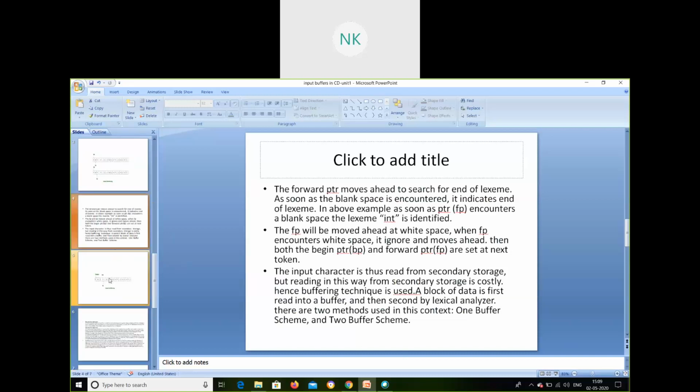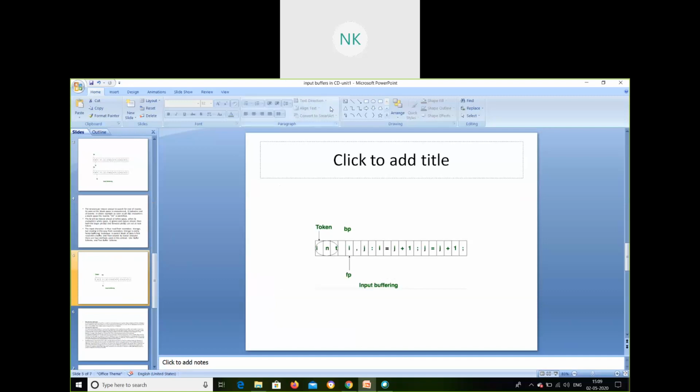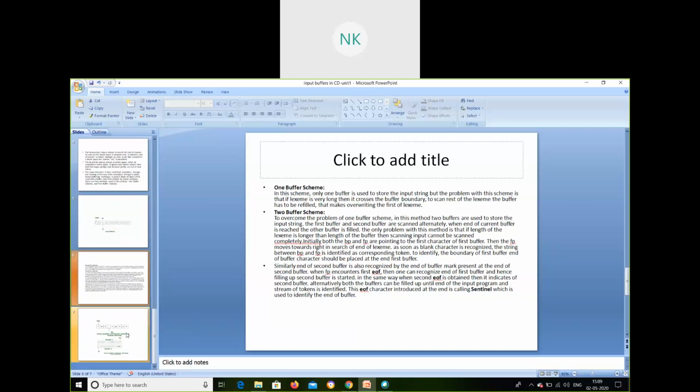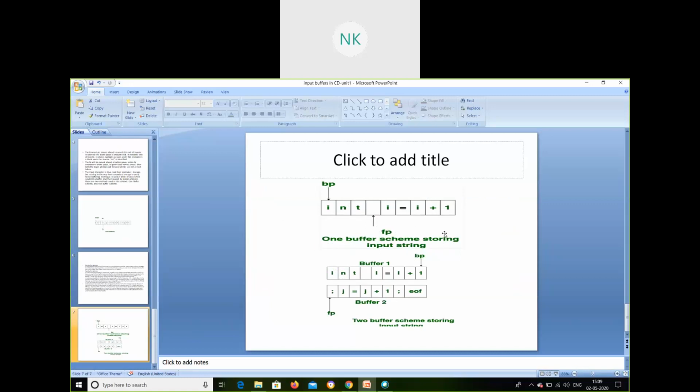So this is what we have seen in the single buffer. Now I'll tell you what the two buffer is. This is the drawback that we have seen in the one buffer. Now I'll show you what is there in the two buffer. See here, this is one buffer. In the two buffer, it will be scanning here. Once it is over, it will have an end of marker, EOF. If end of is encountered here, the first buffer is over. Even for one buffer, we have this end of block carried with it. It mentions that it is the end of the first buffer.